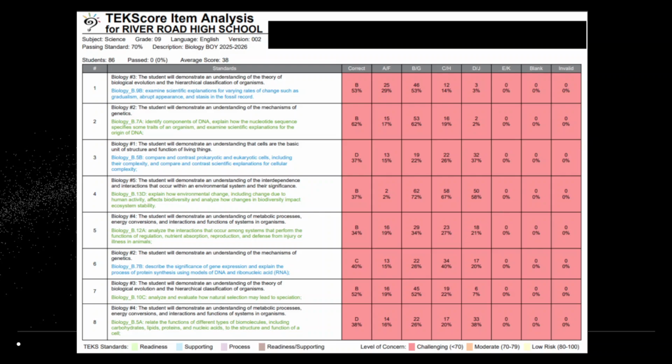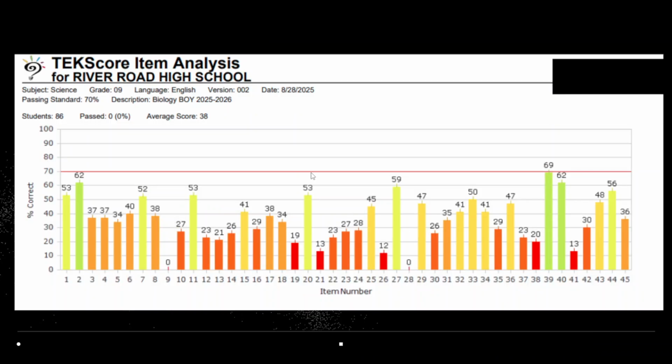This is item analysis. So item analysis breaks down every question, as you can see over here, and then it tells you the standard associated with it. It tells you what the correct answer was. In this case, the correct answer was B, and it shows you how many, percentage-wise, how many kids picked that one. And then it tells you which answers the kids picked that were wrong. So like 29% of them picked A, 14% picked C, 3% picked D, and then 53% picked the right answer. You can also, at the end of that report, it gives it to you in this little bar